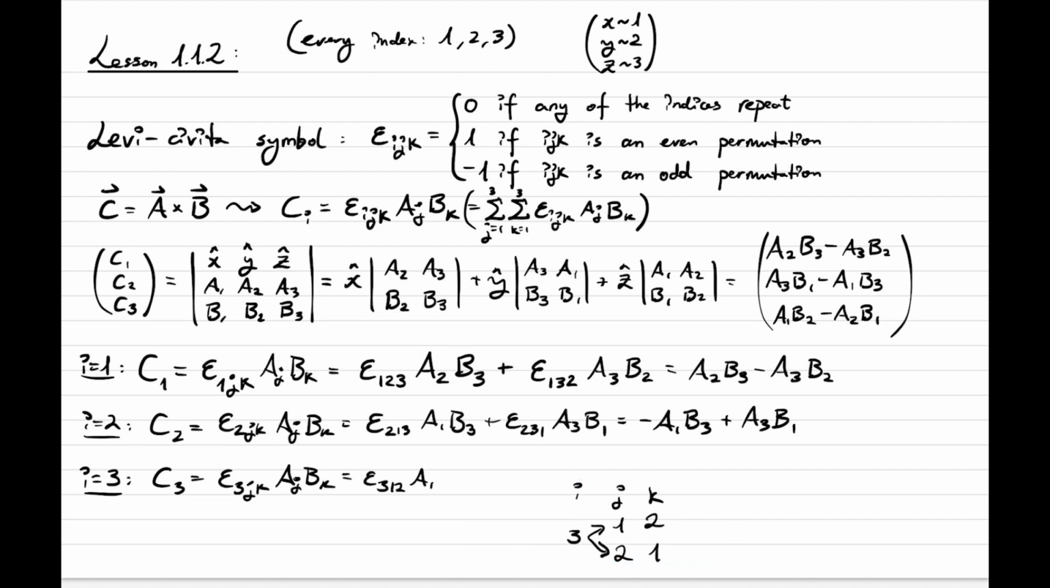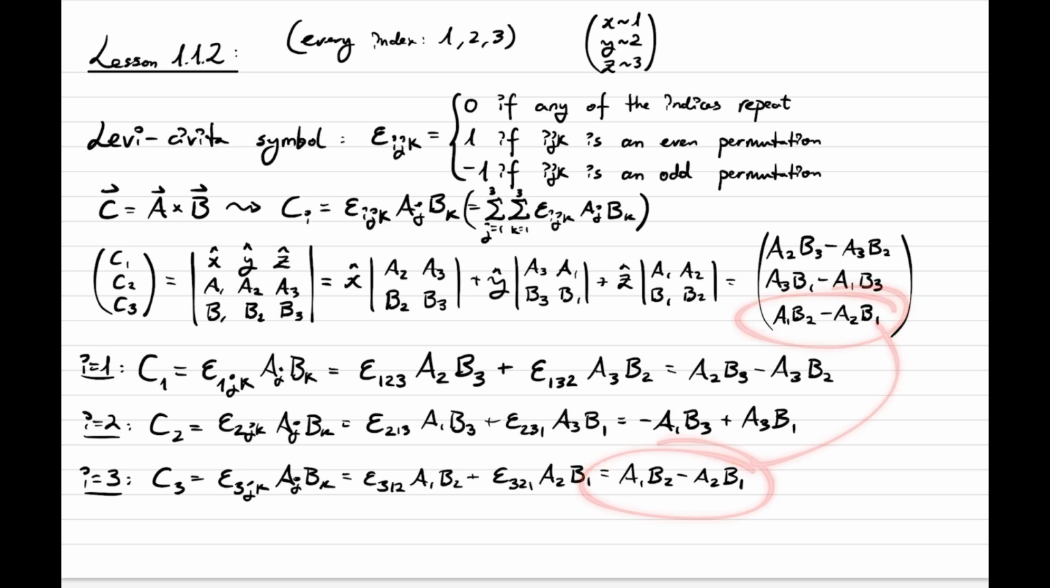We have 1, 2, and now we have 2, 1. Now 3, 1, 2 is an even permutation, so this is going to be plus A1, B2, and now 3, 2, 1 is an odd permutation, so this is going to be minus A2, B1. And again, this is the same component as this one. So we have successfully proven that this is in fact a good representation in index notation for the cross product